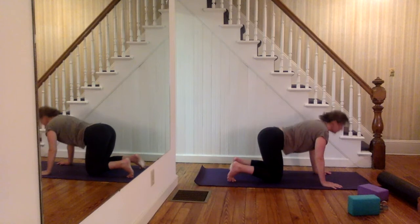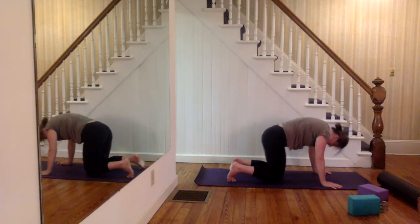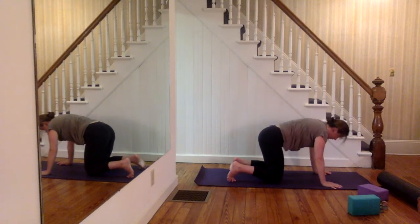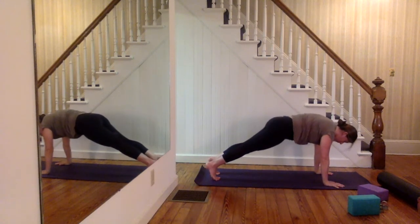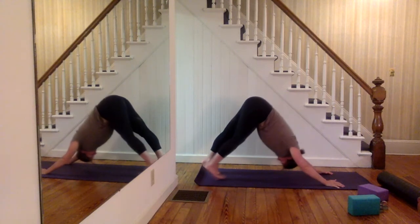Inhale. And exhale. Last time, inhale. And exhale. Come on back to your neutral tabletop. From your tabletop, tuck your right toes to the back edge of your mat. Tuck your left toes back. You're in plank pose. From your plank, send your hips all the way up and back, coming into downward facing